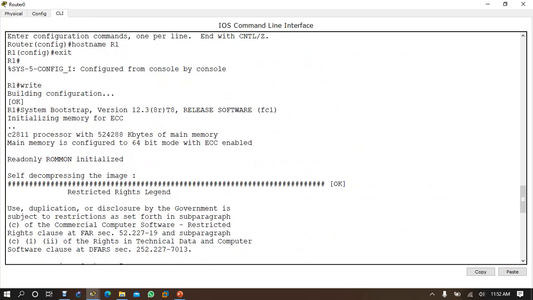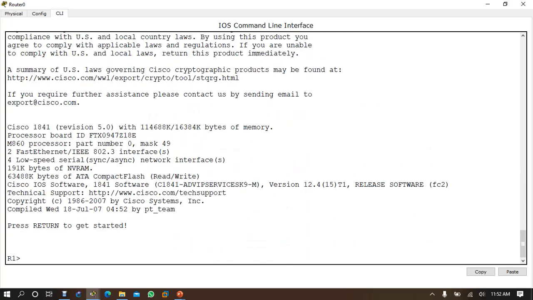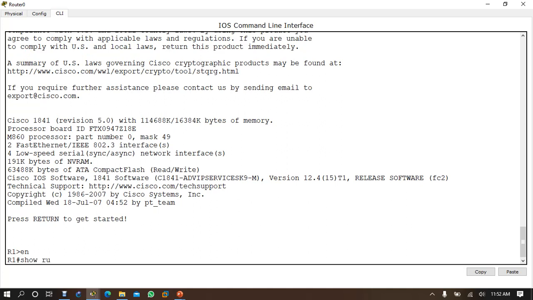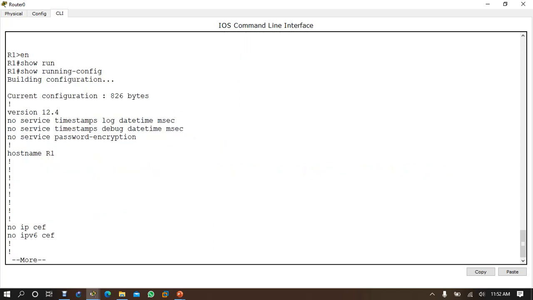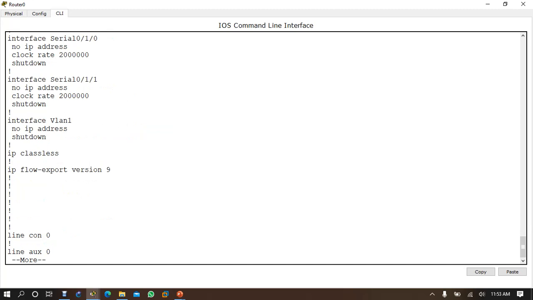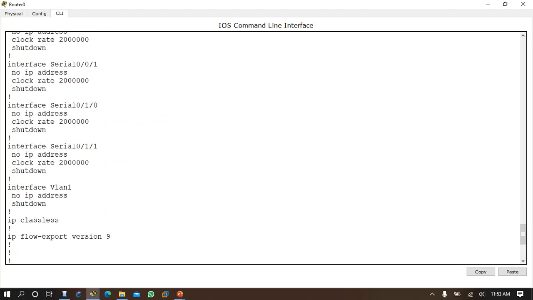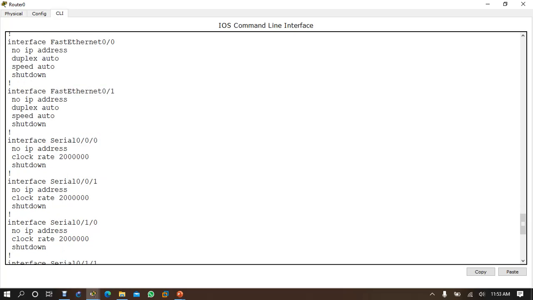Are you getting setup mode like this? No, because your router has some configuration there. Now, what configuration do you have in your router? If you are an administrator, you type enable and then show running-config, which shows what is in the router's memory. These are the configurations you have configured, whatever you configured, like the hostname. The other options are there, but you have not configured them. For example, you have not configured the IP address on the interfaces.